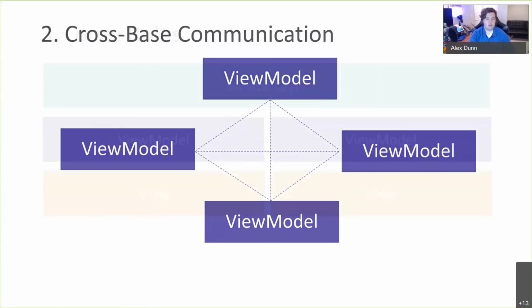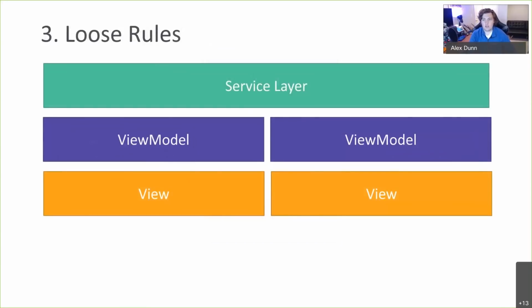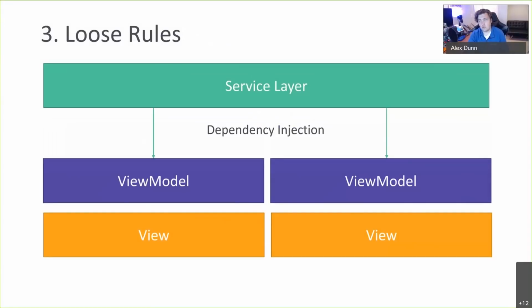So the natural next step is to add a service layer, an abstraction over it. But this rule isn't strict, and we can get a little better. We can use dependency injection. We can inject our service layer into our view models, so now we can handle sending stuff up and down there. That's mostly helping separate the model from the view model, not so much the cross-model communication, but it certainly can. Some examples of that would be